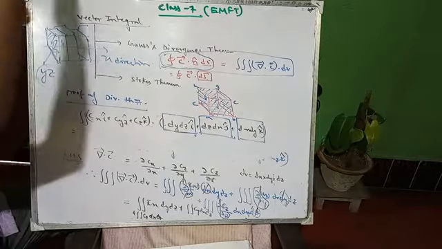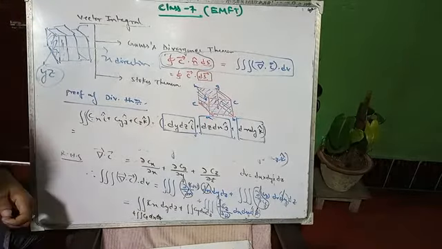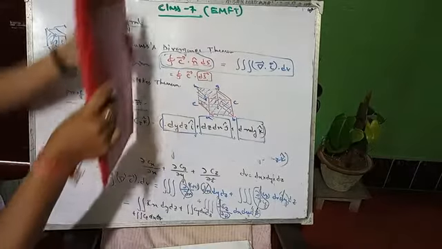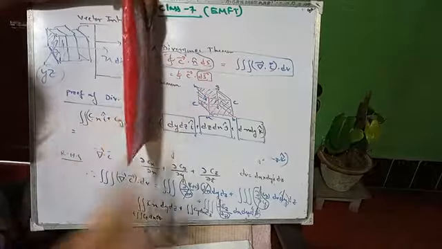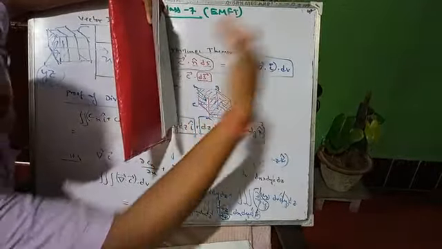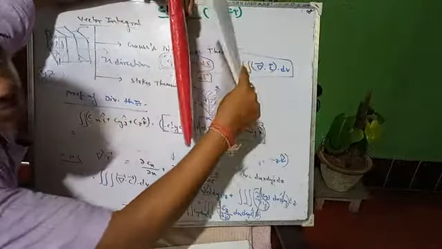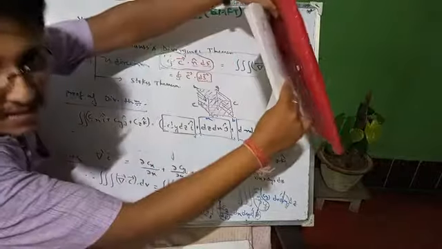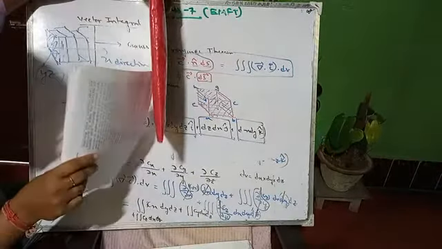Suppose these books are in the yz direction. Suppose I have this file, and it is placed over this yz direction. Another file is this one, another file is this one, another file is this one. These files are increasing in the x direction, so these files are placed in the yz plane.